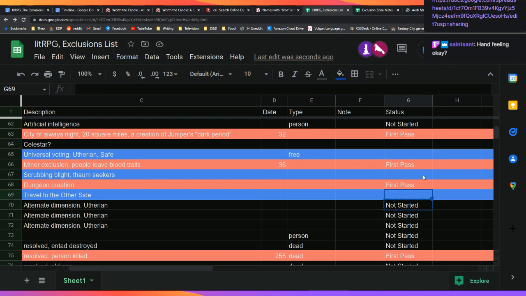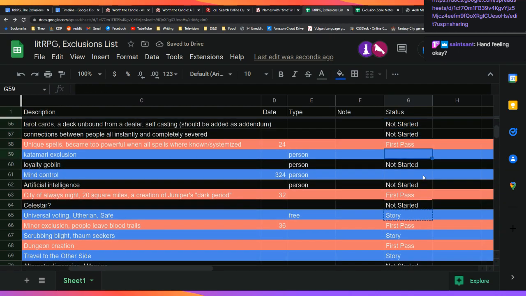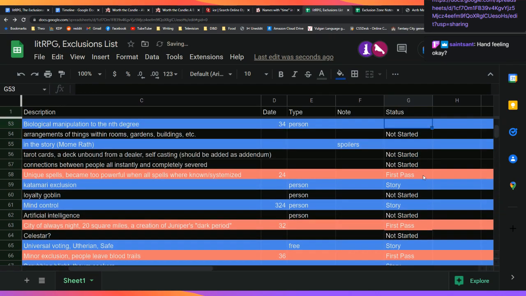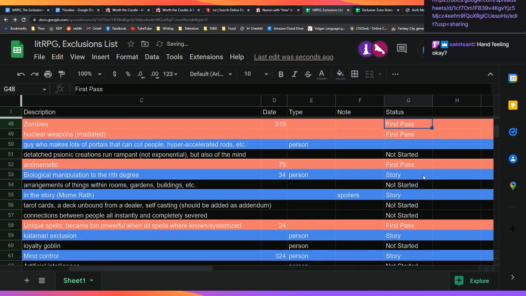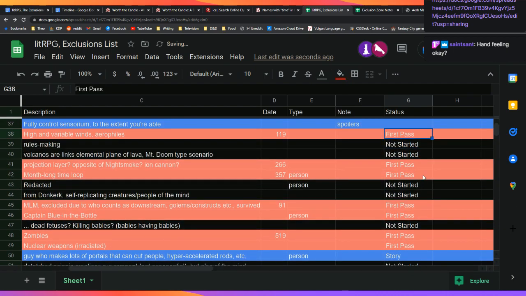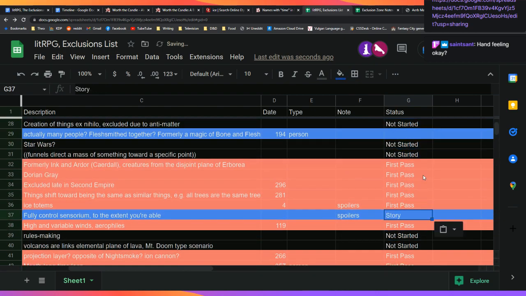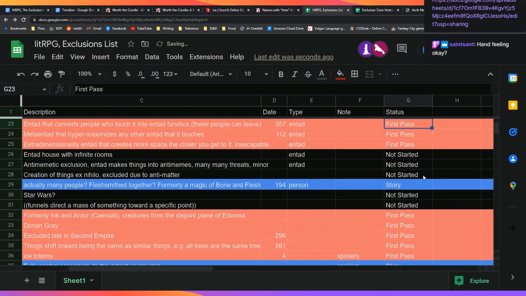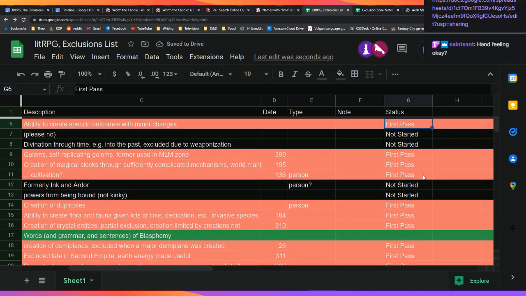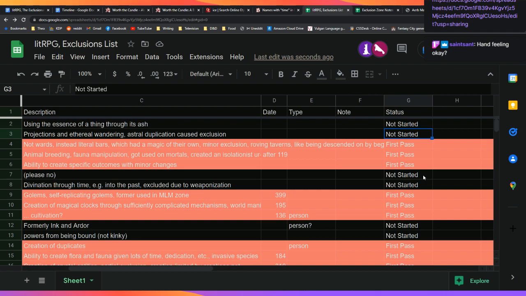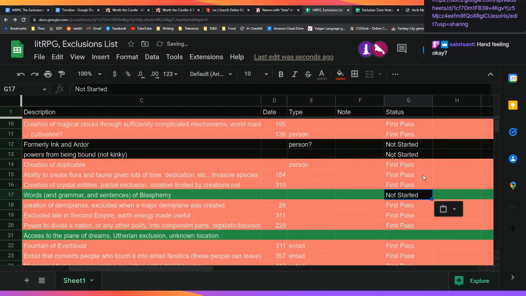want a separate category for story? Here, I'm gonna do story. These are different enough that I want them to have their own category. And yes, I know I'm just screwing around with a really not that important spreadsheet at the moment, but I'll be done soon. And then the green ones can be not started because they have not been started. Okay, fine. Okay, and then that's everything that needs to be done here.